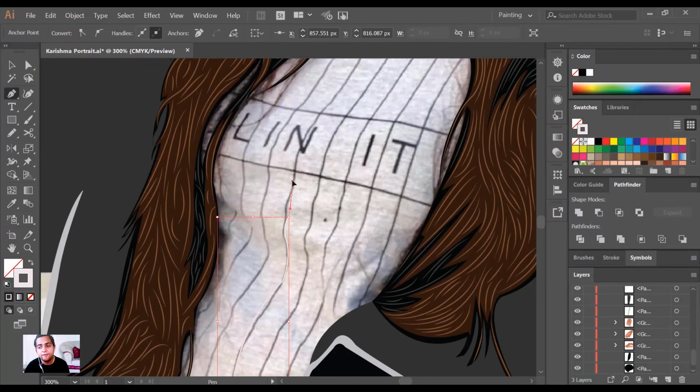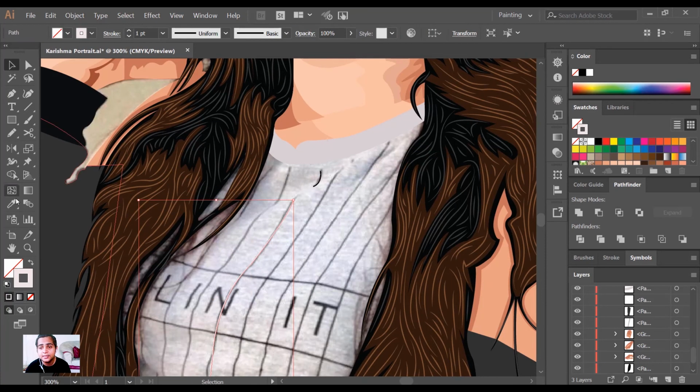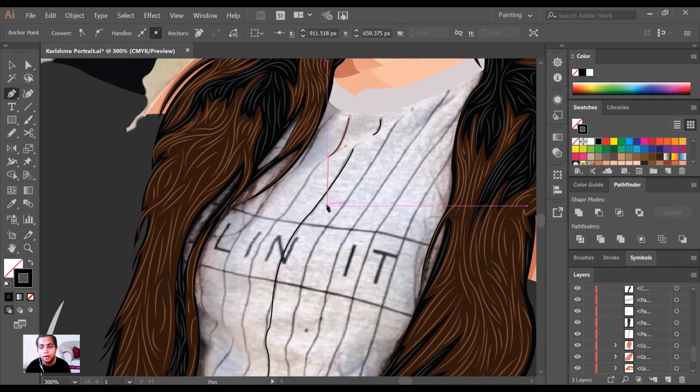Now in this part I am working on the details of the shirt. For the details of the shirt, I am firstly tracing out the upper part of the shirt's upper detailing.